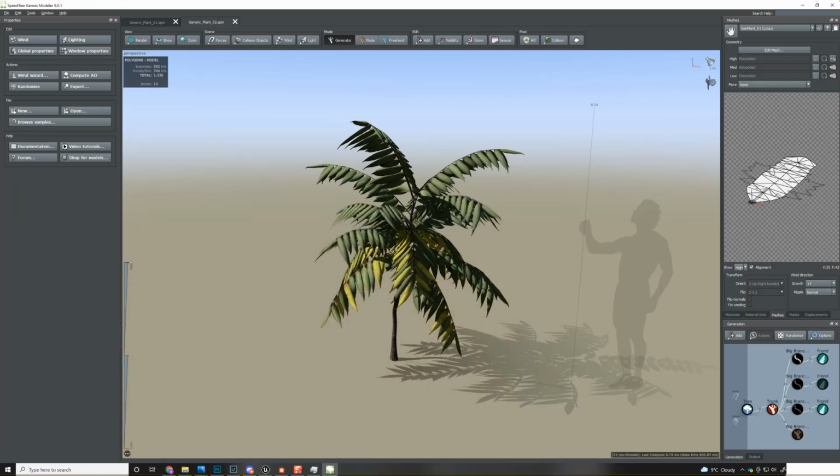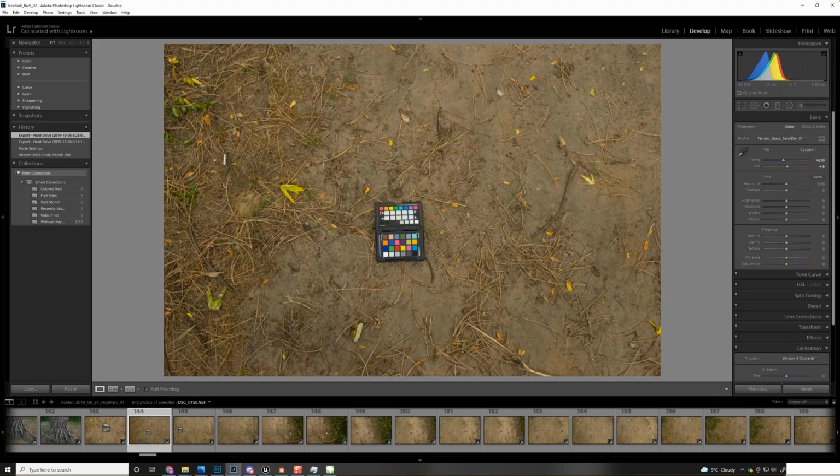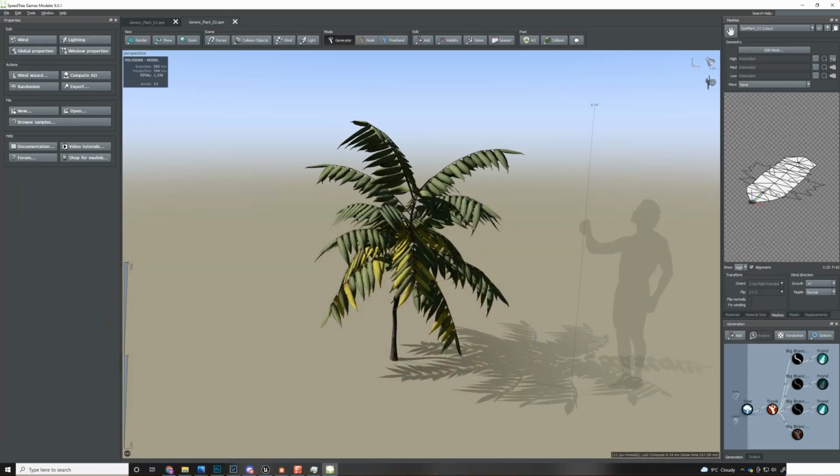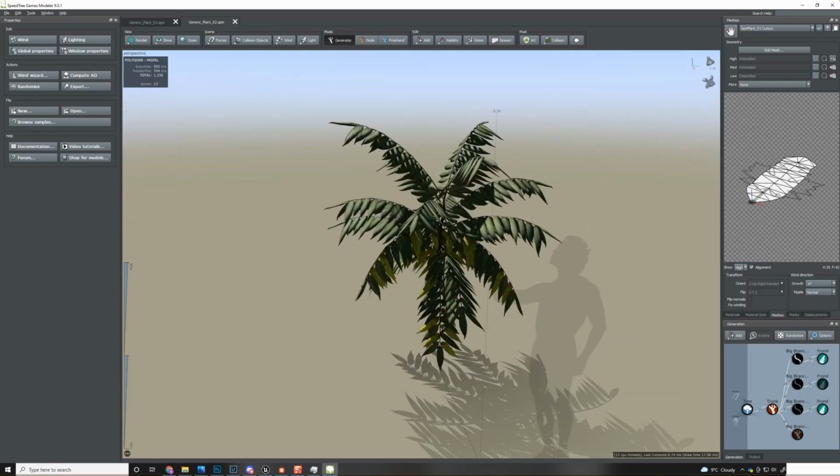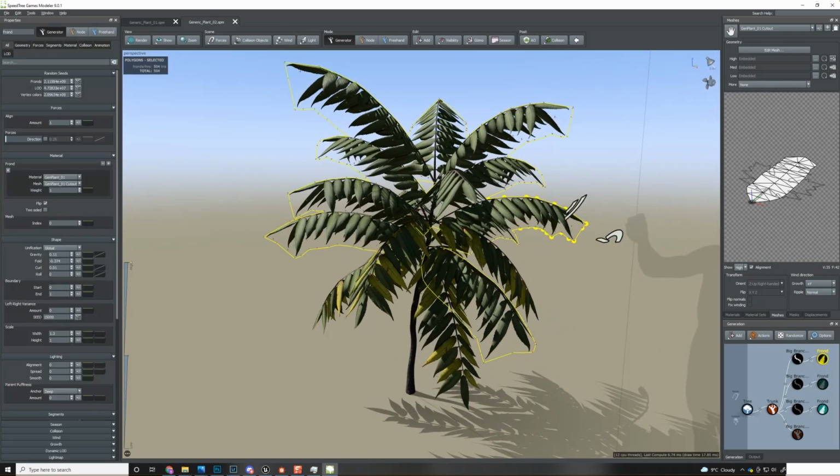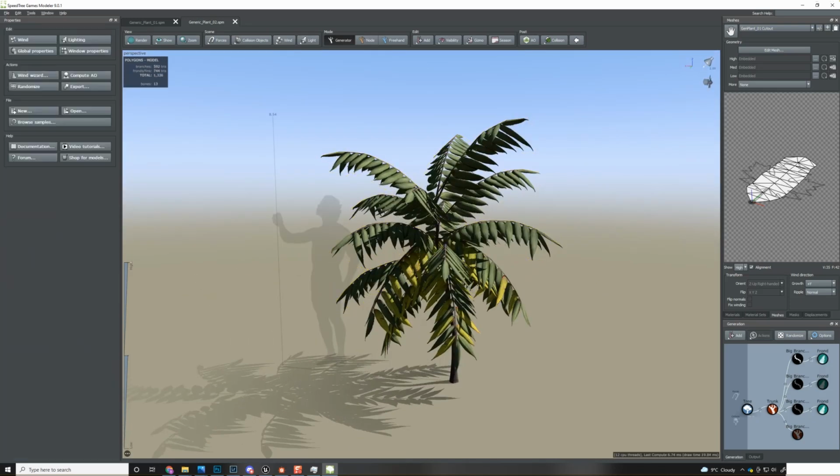So from photo to Lightroom to creating the HD in Photoshop, Alchemist, the Speedtree to baking. Now we're back here and we're constructing our low poly. So this is actually going to be the one that goes into game. And it's a pretty simple plant. And that's why I wanted to showcase this first,